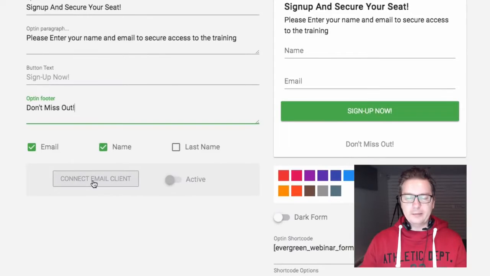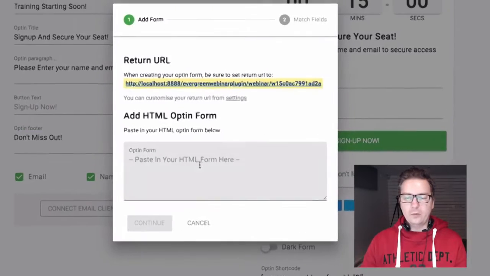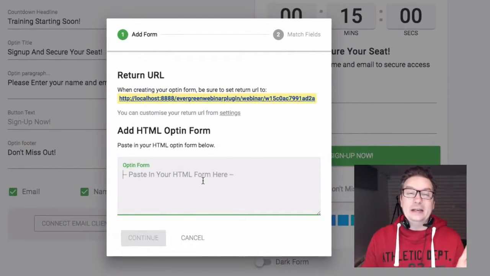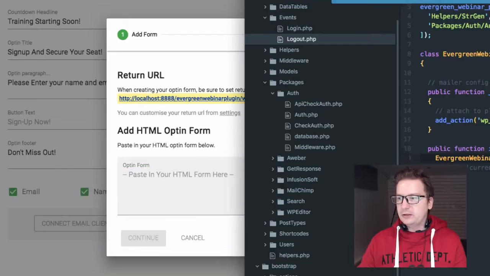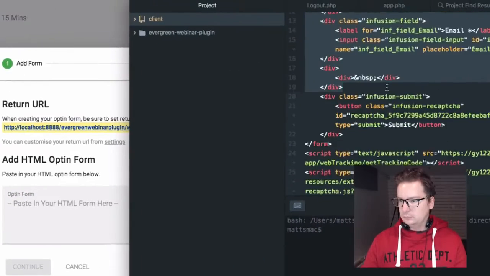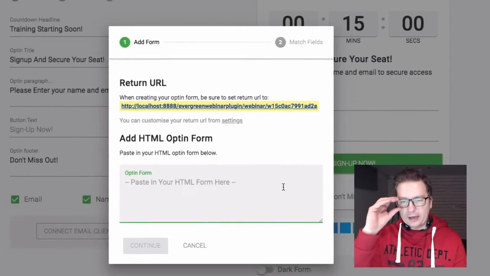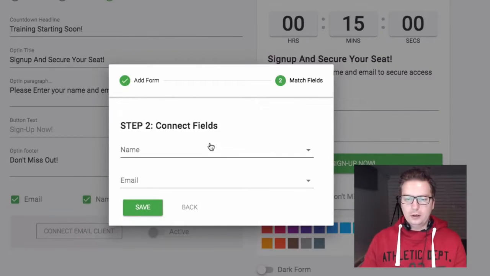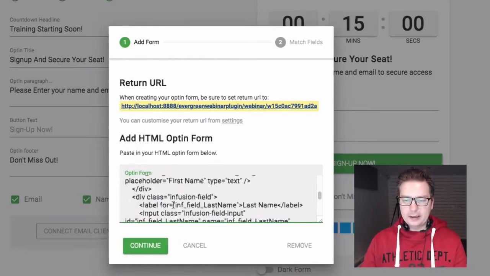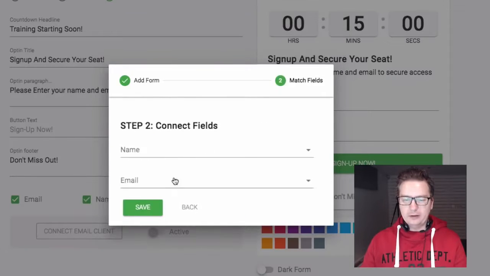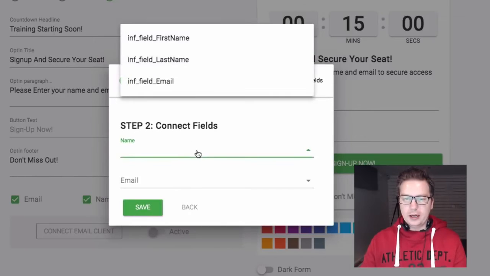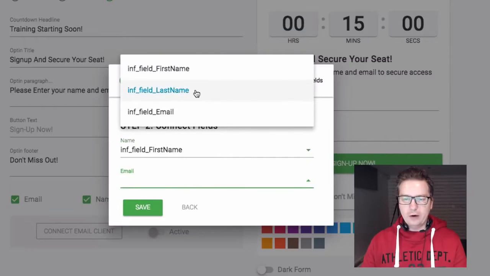And then we can connect our email client. Now, to connect your email client, you can actually connect it with any autoresponder service, and all you need to do is grab the HTML code and paste it in there. Let me just do it right now actually. So in this example, I have an Infusionsoft swipe, and I just pasted it in there. So the opt-in form, and then basically it'll throw you onto page 2, and then you can just link up your fields. So here we've got first name,